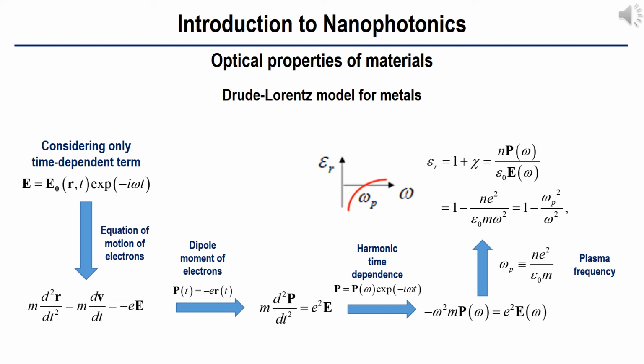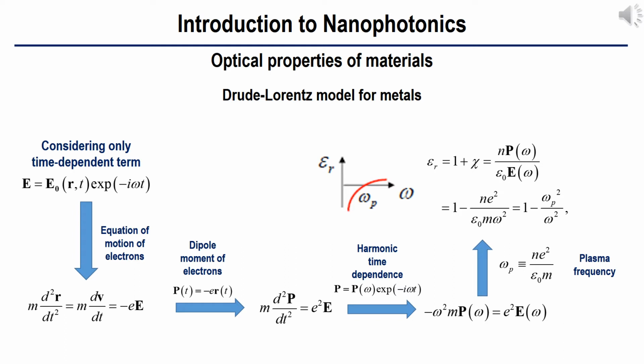Now, we can modify the Drude model to consider free electrons of metal. For metal, there is no drag force, and therefore, it is not necessary to consider relaxation time of the electrons. Therefore, we can start with a simplified form of the equation of motion of electrons under the electric field E. Now, we can consider the dipole moment of electrons P, and inserting the dipole moment with an aid of the